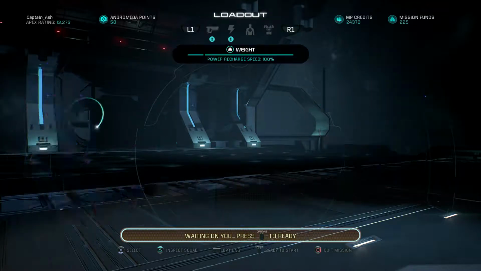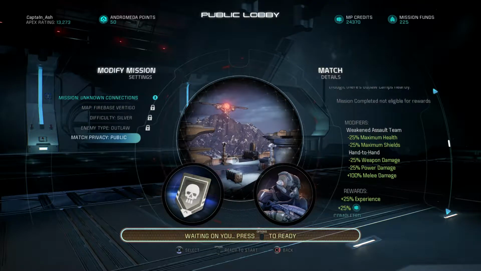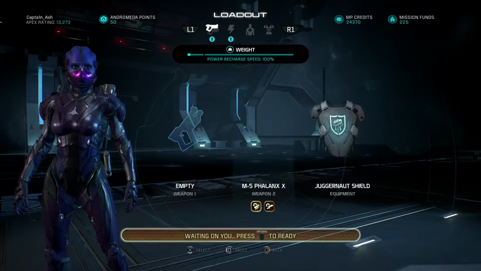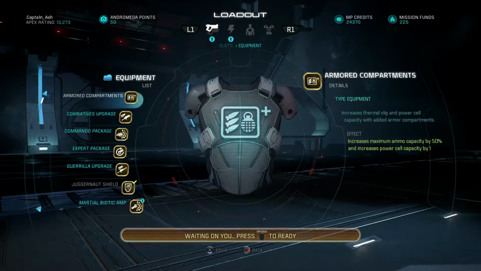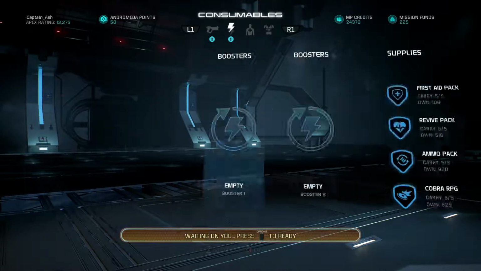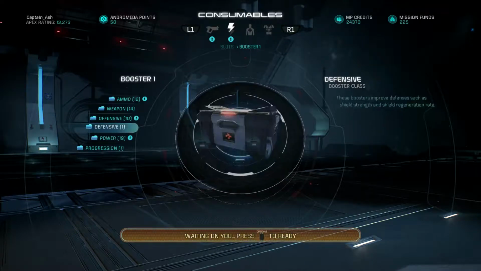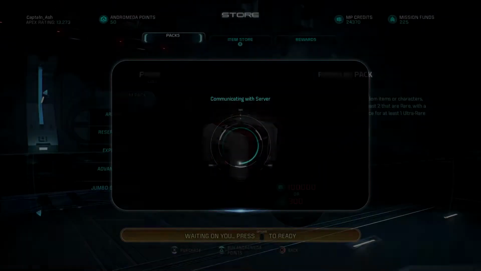Reason we're doing this character today is because there is a new map, and the modifiers are max shields and health has gone down. The weapon and power damage has gone down. But hey, melee damage, that exists. So what we're going to do is we're going to whack on the Juggernaut, keep the Juggernaut shield on. We're going to keep the, you know what, put defensive on. Actually, whack on some,